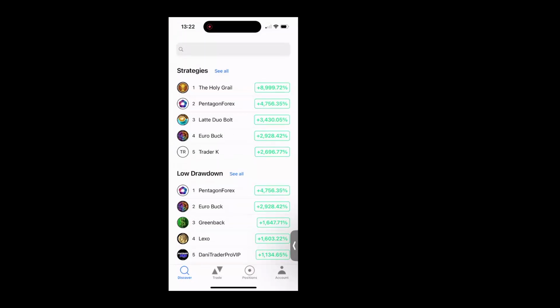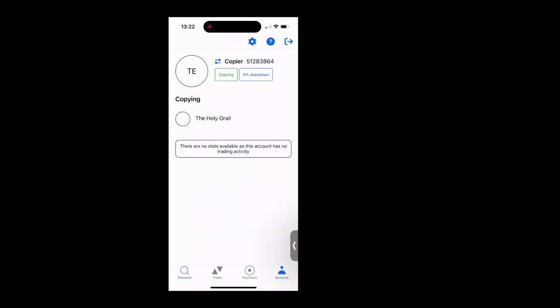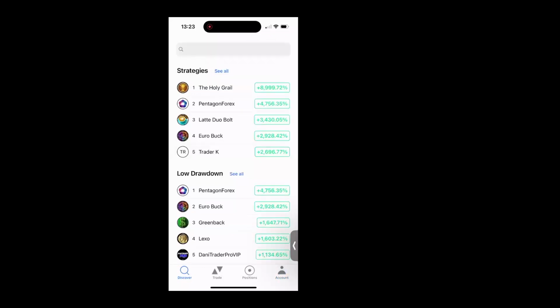That's a brilliant question, and the answer is yes. Any trades made on this app will be seen on your MT5 platform. Like I said at the beginning, we're linking an MT5, MT4 account onto the app, so any trades here will be seen on your trading account. If you've got that account connected to the Meta apps, TradingView, or Pepperstone's own platform, any trades you see here will also be seen there,